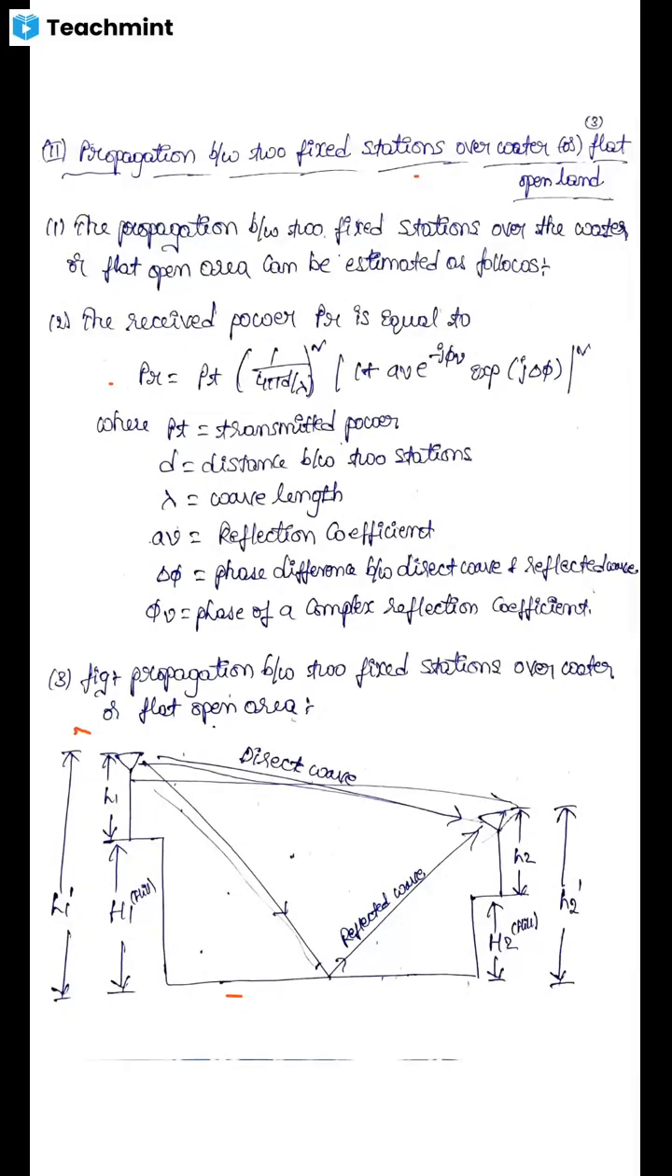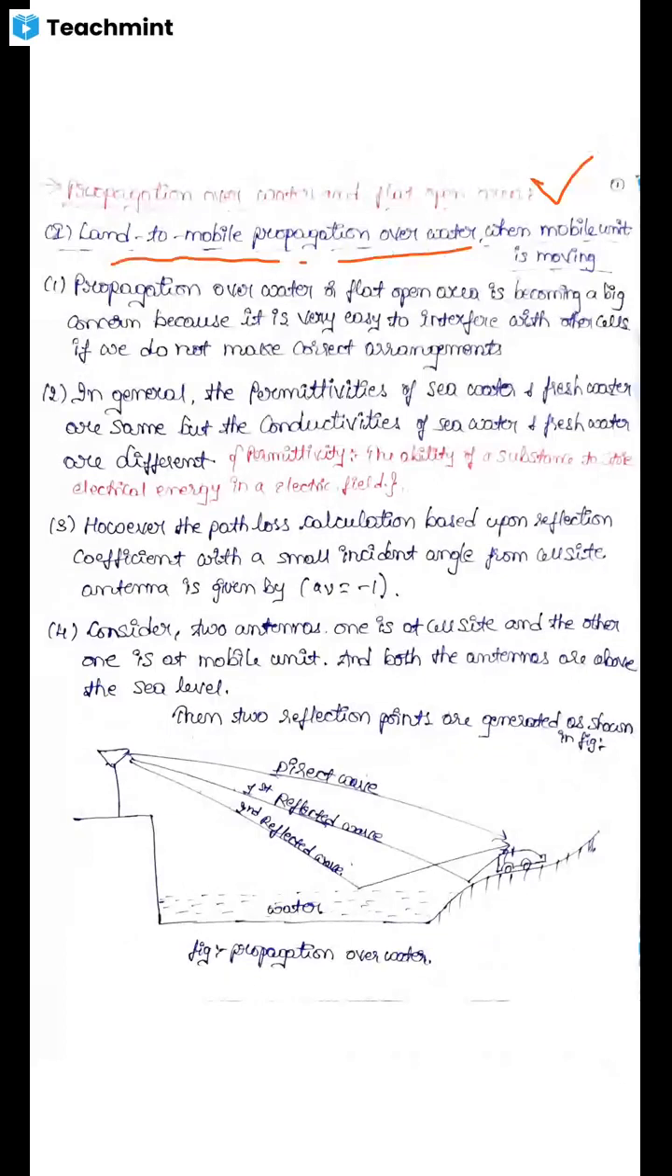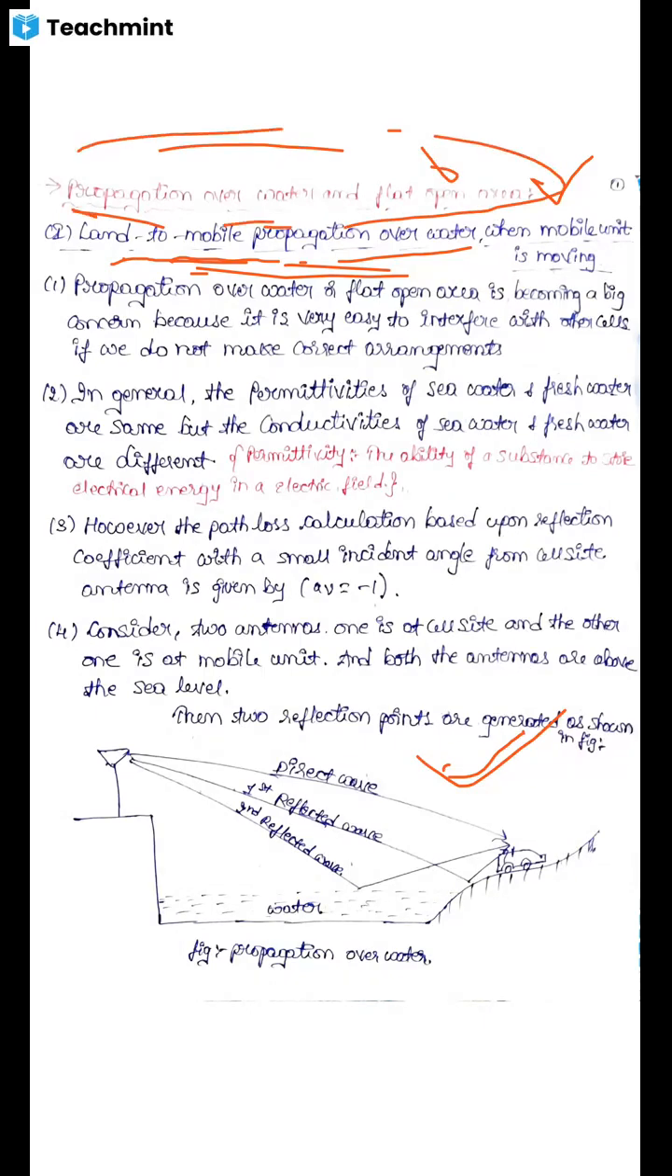Hello everyone. Today we will learn about propagation of wave between two fixed stations. In the last class, we had discussed the propagation of wave land to mobile propagation over water when the mobile unit is moving. This we had studied in the last class. So this is the first case in propagation over the water and flat open area. And now the second case is